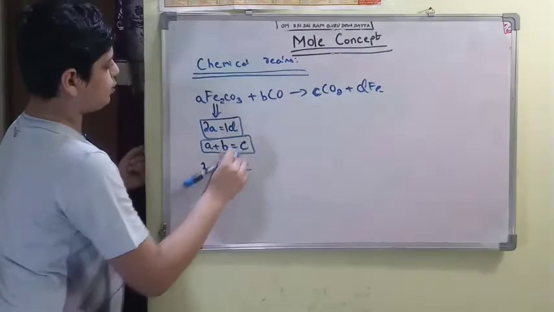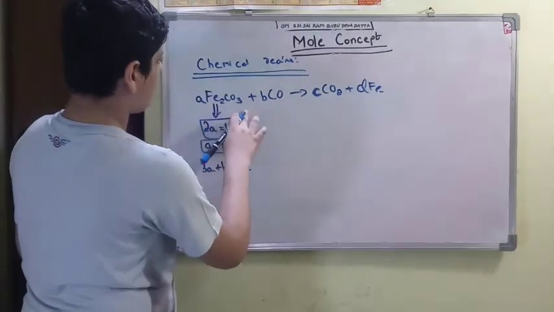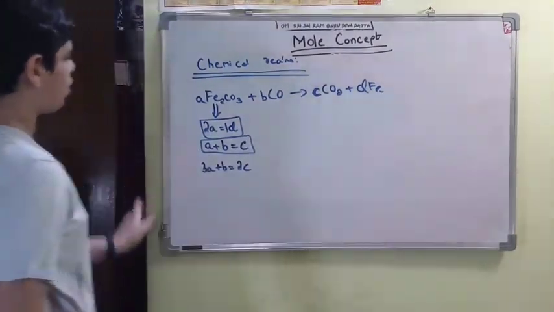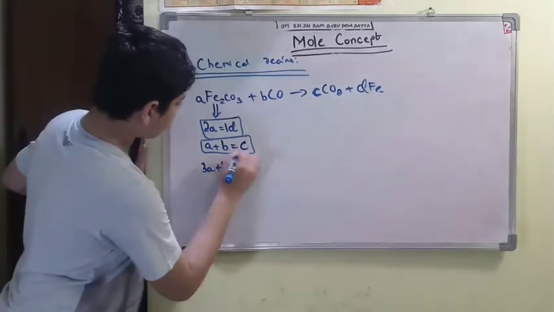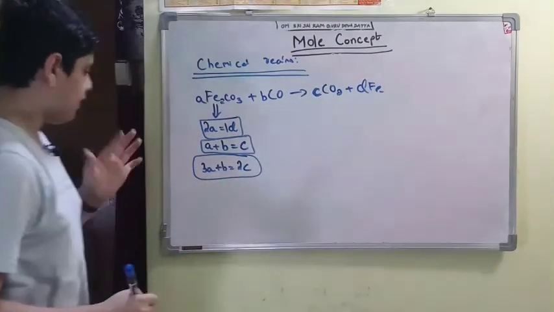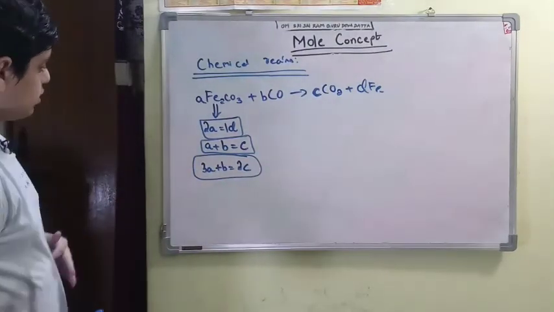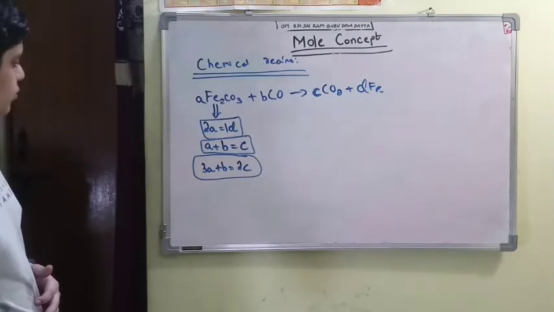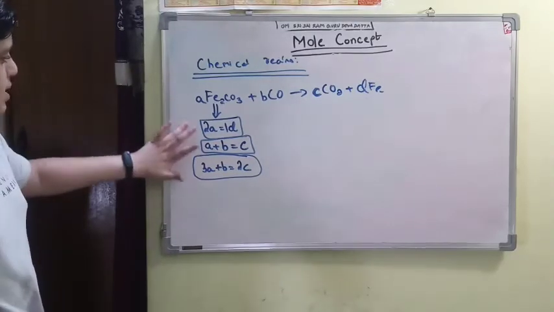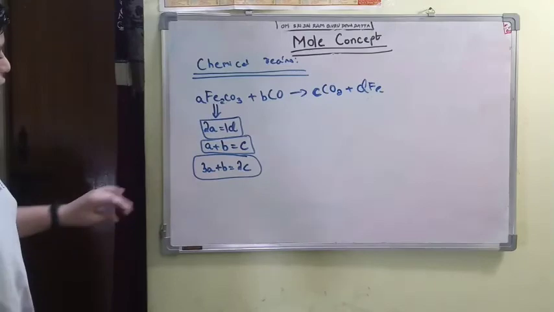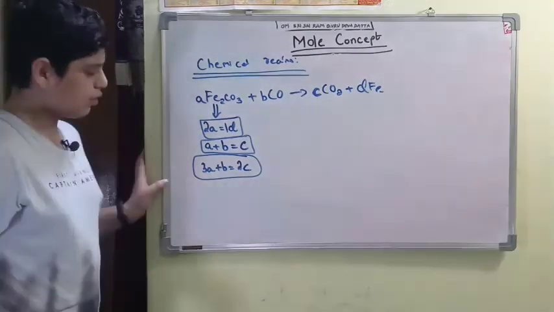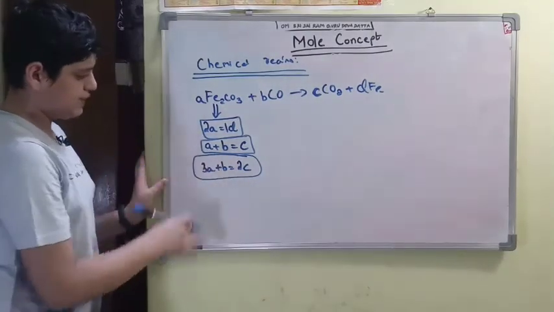And the next equation, carbon, oxygen and ferrum. We have balanced all the compounds. Now we need to add, subtract and find. You can simplify all these equations, then you will find the values of A, B and C.